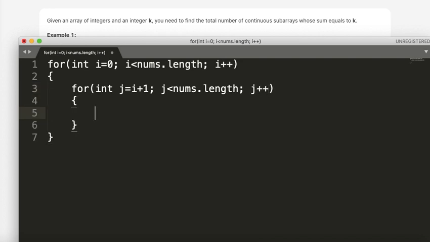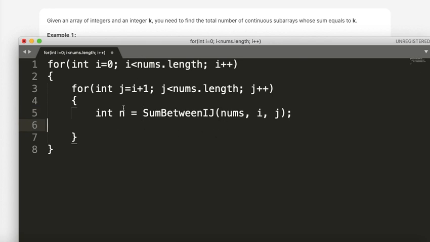Here I'll have some function which will find the sum of all the elements between i and j. It will return some value, and if this value is equal to k, then I'll keep on incrementing some counter.